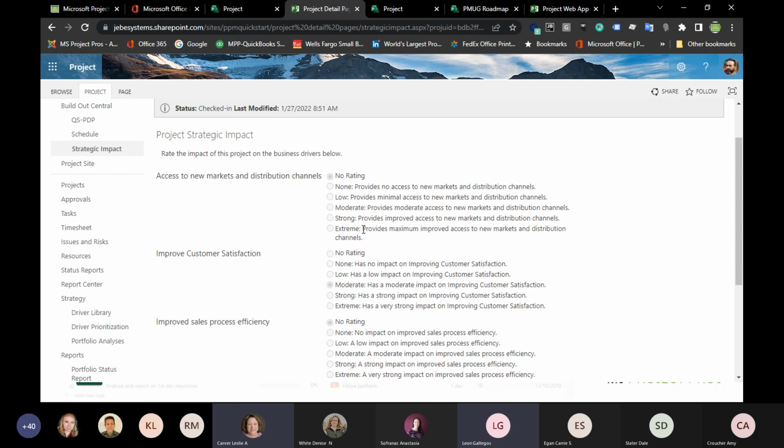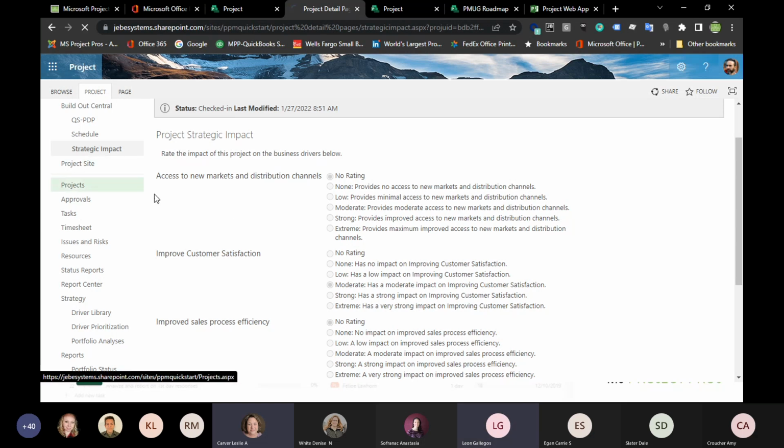And this is going to help us to prioritize this project. Now, this is all locked down because I'm not editing this, so it's not going to change it. But the PM would come in here and basically just check these off to give their best judgment on what impact each of these are going to have on that business driver. And then we can, right, analyze that behind the scenes and compare it to other project requests.